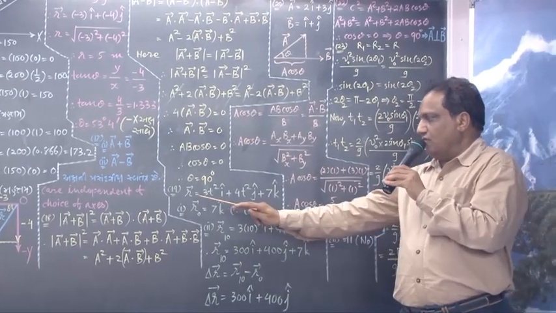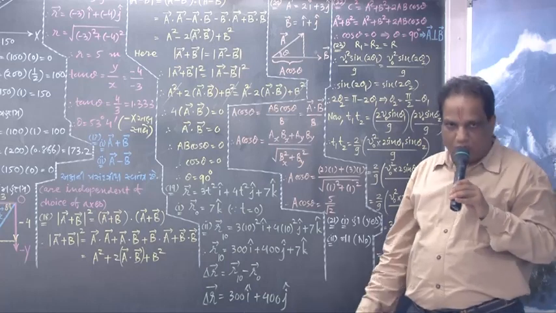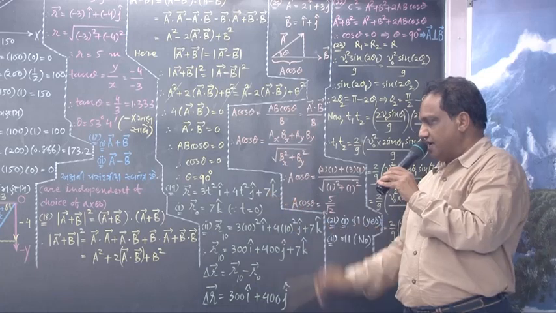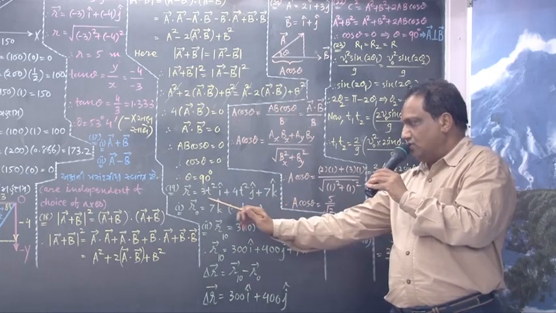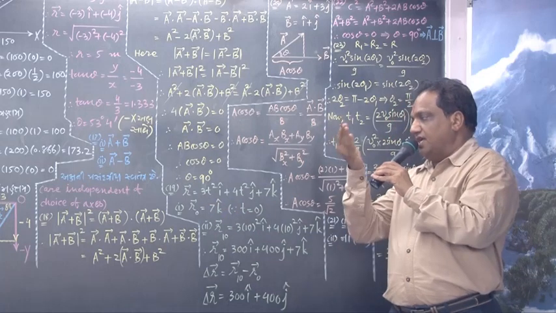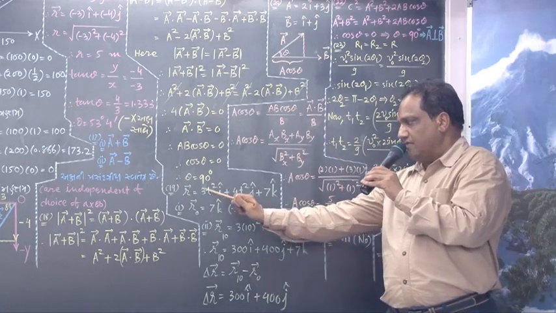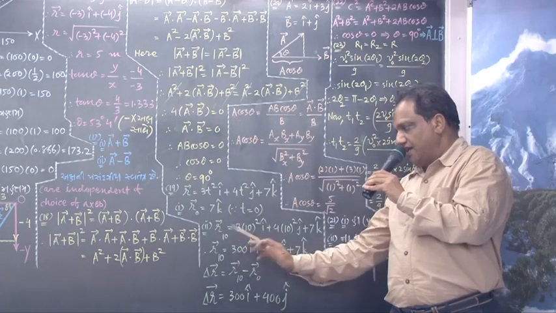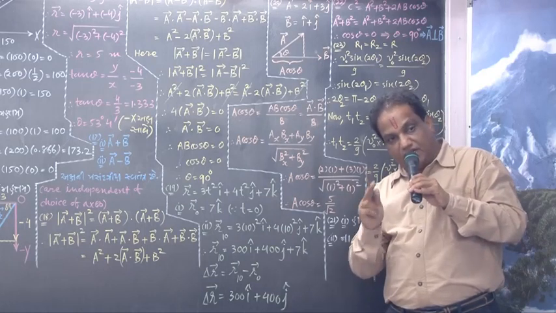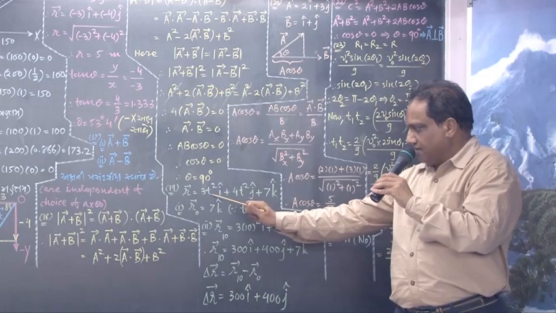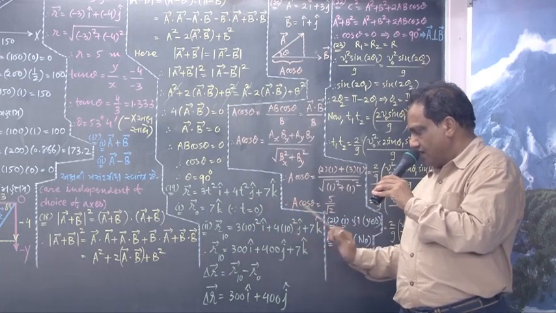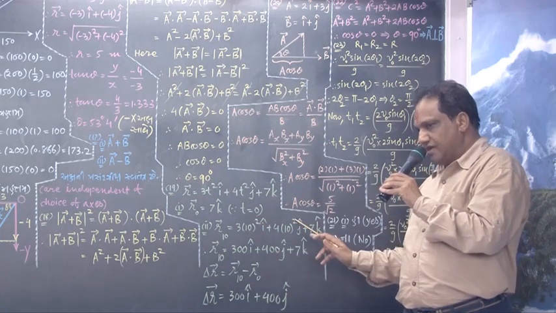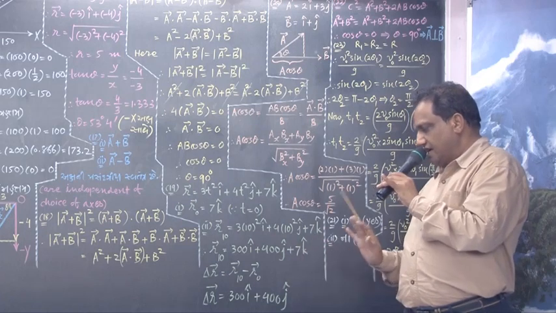Tell me, what is the position vector given to you? 3t square i hat plus 4t square j hat plus 7k hat. Suppose I take t equal to 0, then I write vector r0, the initial position vector. Just place t equal to 0. This part will be 0, this also will become 0. Left is 7k. What about vector r10? Vector r10 is the position vector at the end of 10 seconds. Put t equal to 10. 10 square is 100, into 3 is 300. 10 square 100 into 4 is 400. This 7k stays as it is.